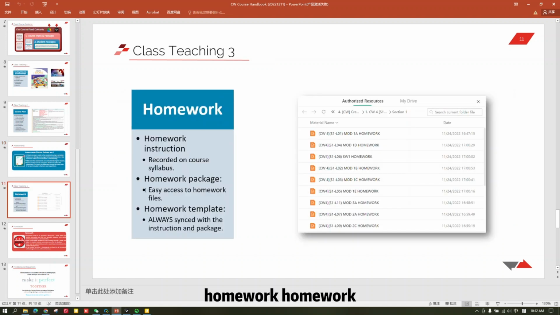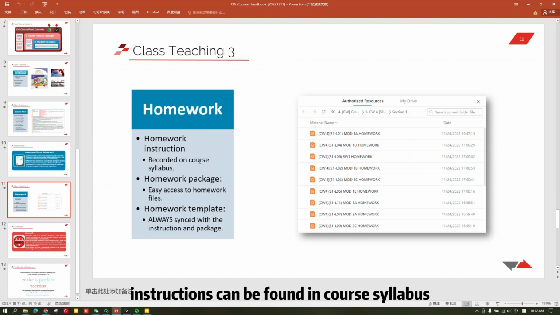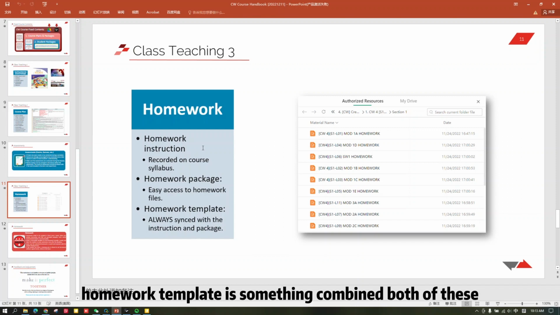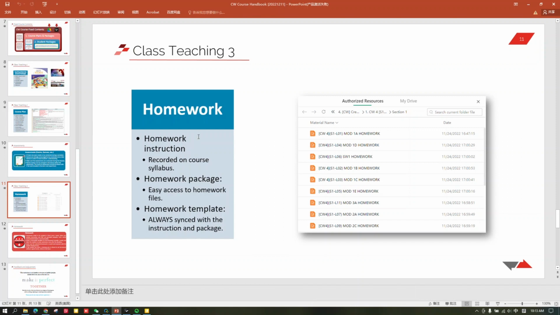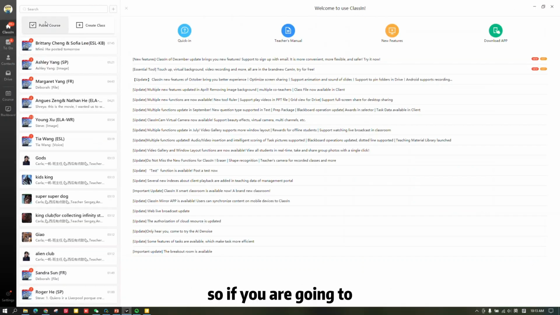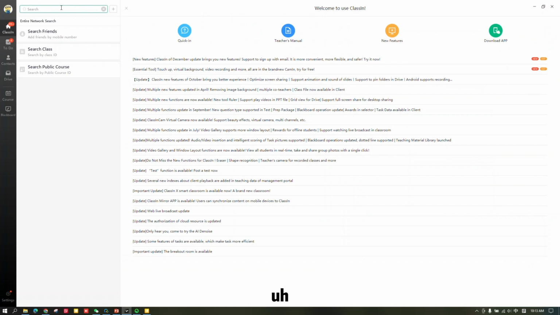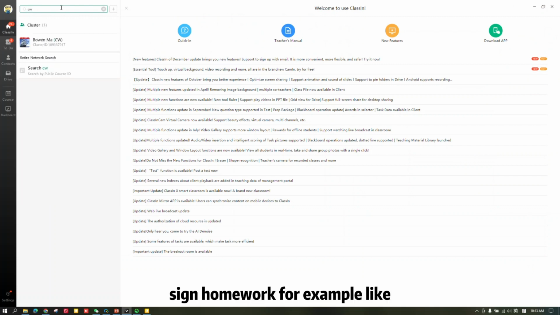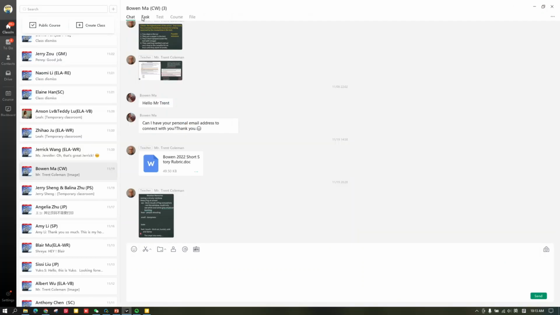Also homework. Instructions can be found in course syllabus, and homework files can be found in course packages, and homework template is something that combines both of these. Okay, let me show you how it looks. So if you are going to assign homework, for example, like